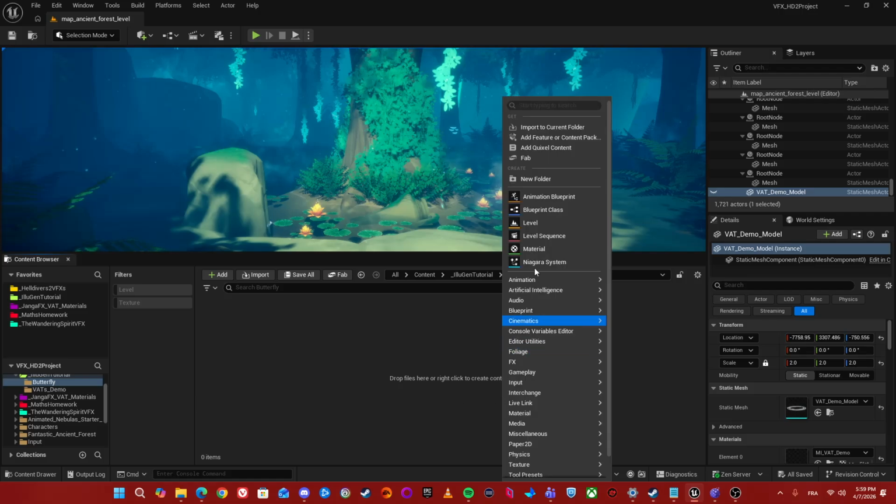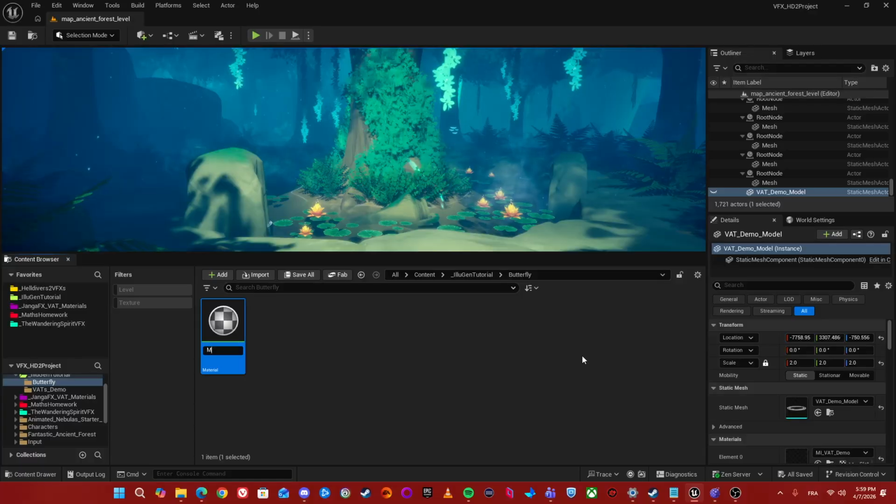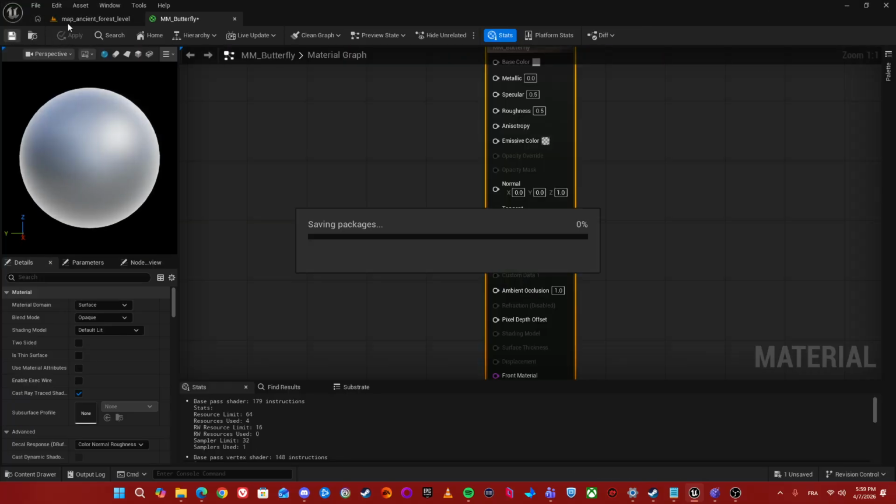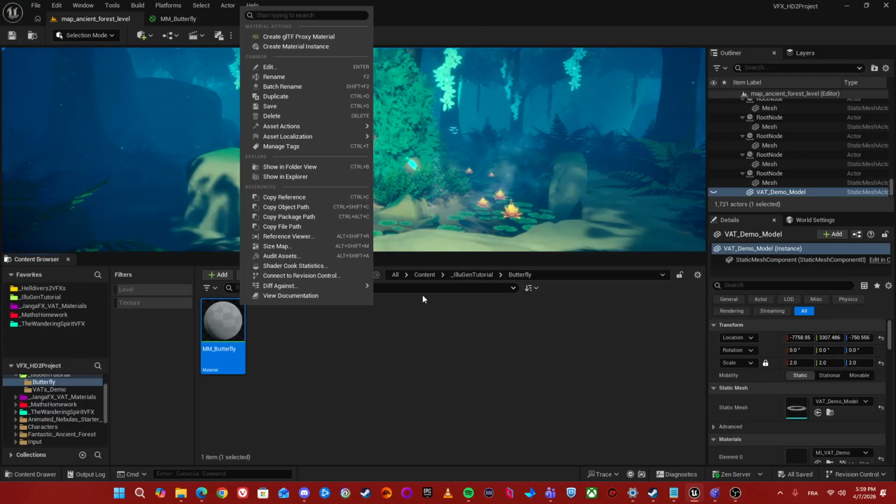I'm gonna create some kind of material for now. Some material, simple, maybe just butterfly. Yeah. So that means that for now we got a point of reference in our folder, which is the material. And then what I can do is right click on it and then show in Explorer,